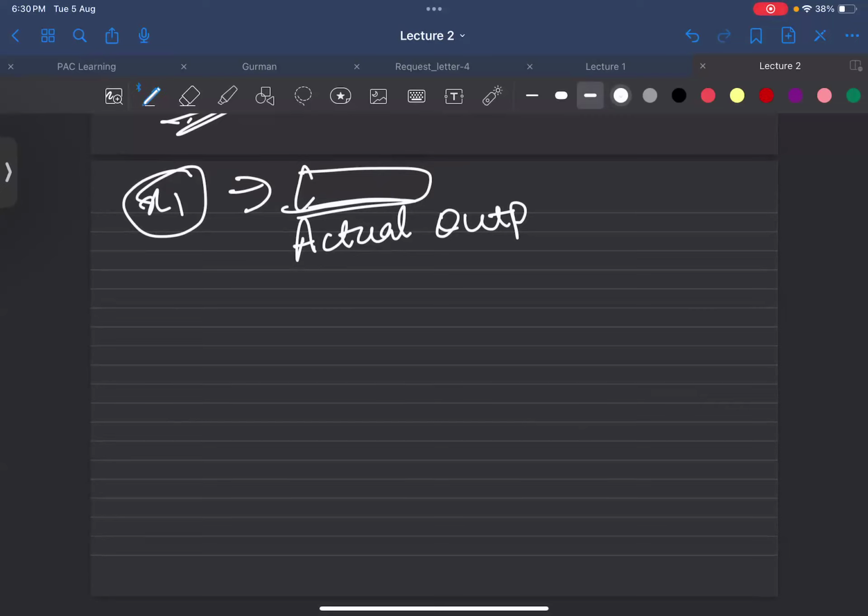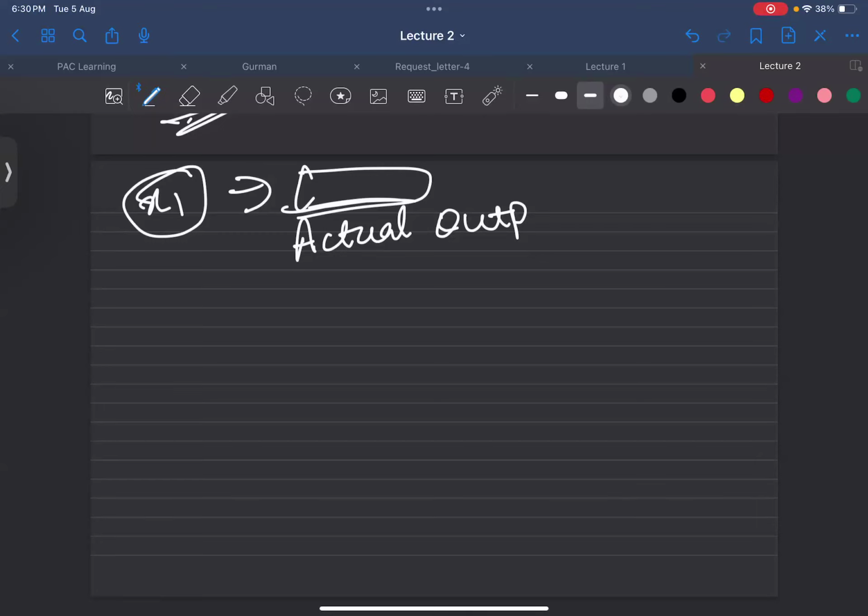Now, what can be the problem here? As you said, I'm only taking the 5 points. Training data is less, ma'am. Very small data we are considering. There can be overfitting. Okay, so overfitting can also be there. There can also be the case that, as you said, the points can be very few.